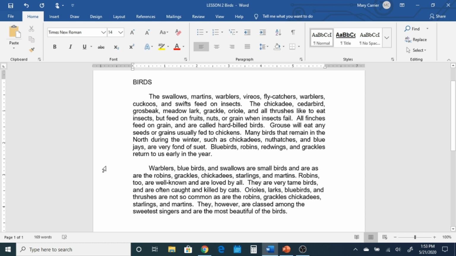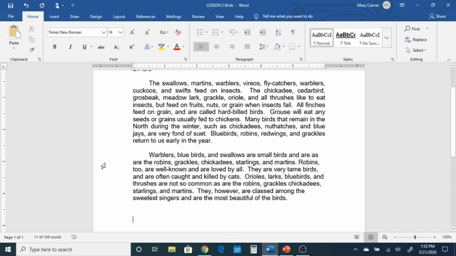Another method is to use your white arrow from the left margin. When I find my white arrow and click once, it highlights a line. I can click and pull straight down. I could also use my white arrow and double click, and that highlights a paragraph. Once you have this highlighted, the second step is to copy it. You can